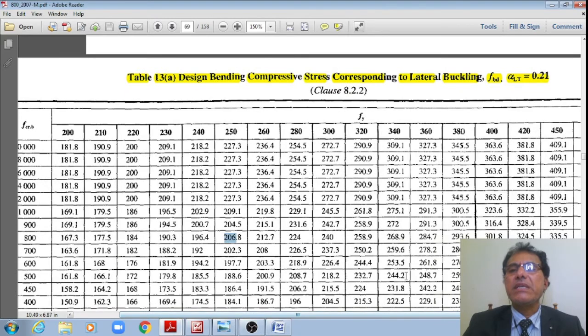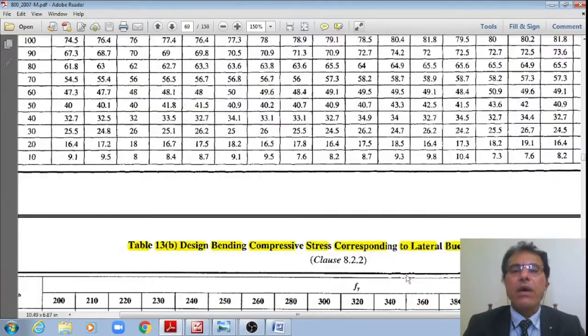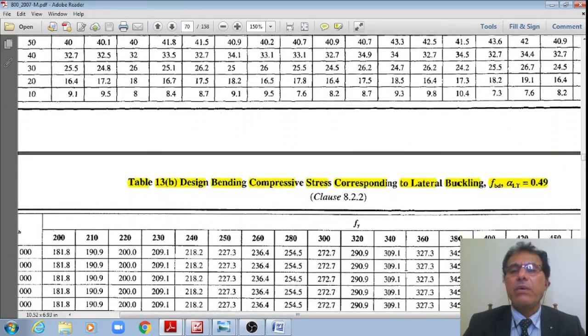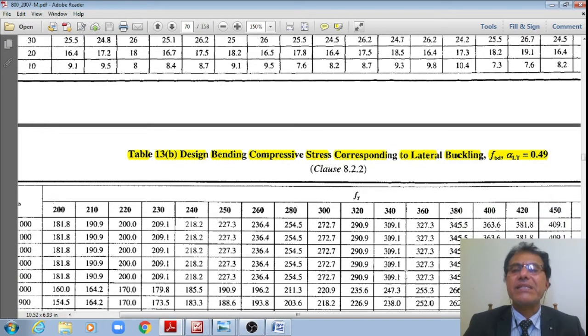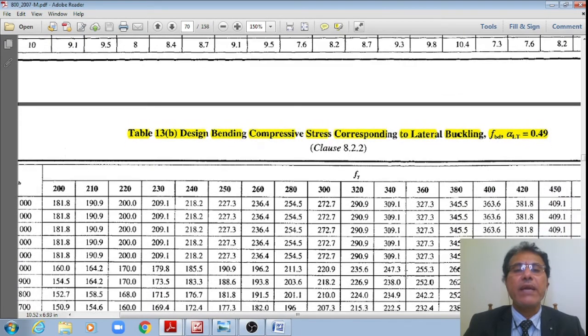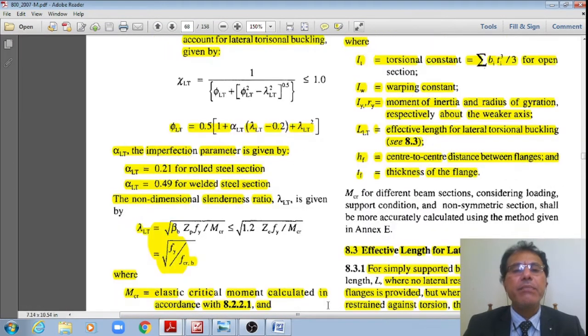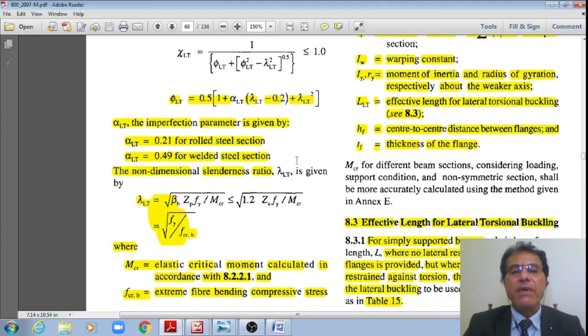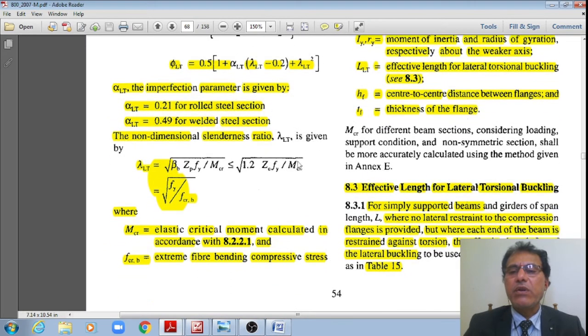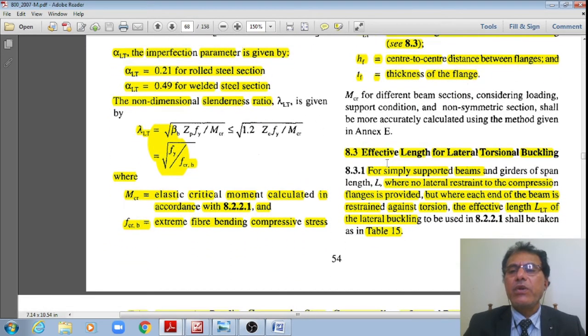for the rolled steel sections with alpha LT equal to 0.21, and for the welded sections with alpha LT equal to 0.49 using this table 13b also, because alpha LT is equal to 0.21 for rolled steel section and alpha LT is equal to 0.49 for welded section, right? Once we examine this, now let us see the next heading,